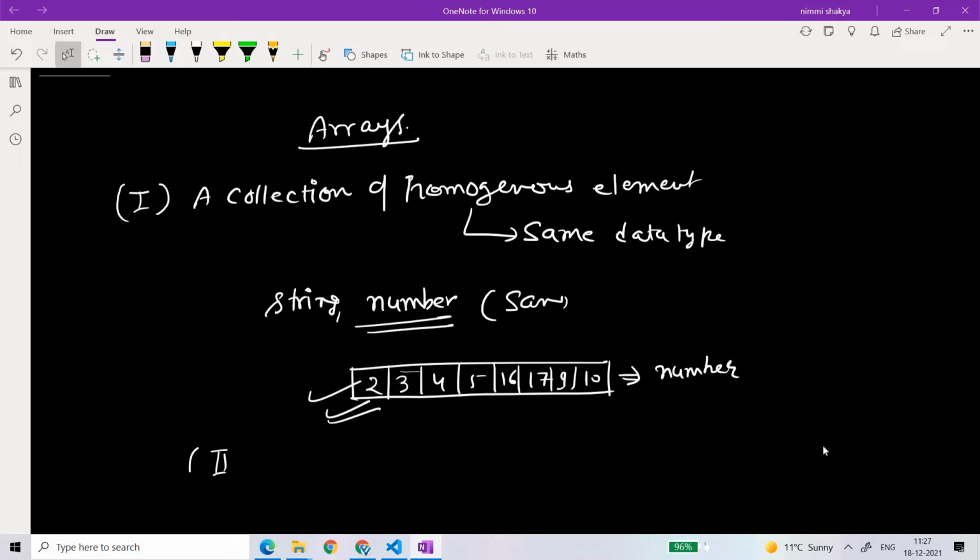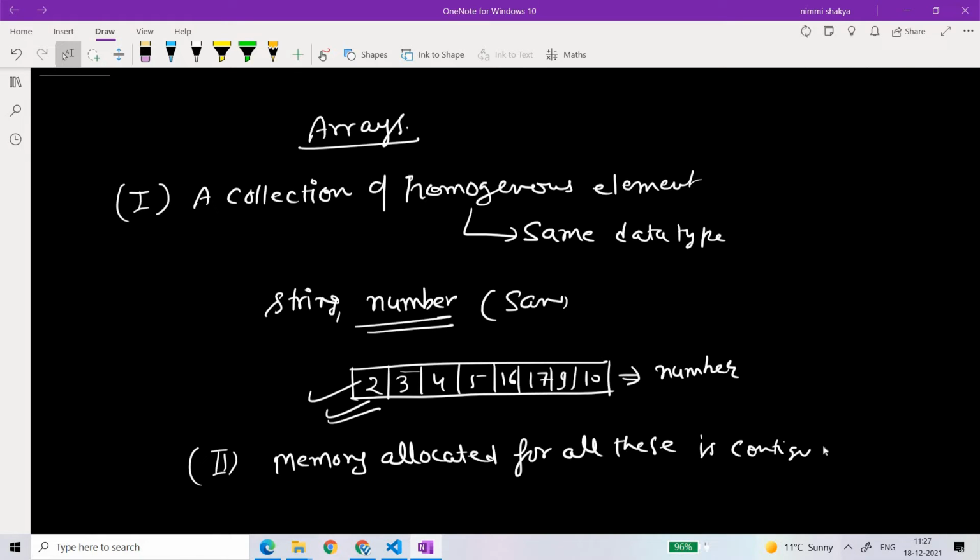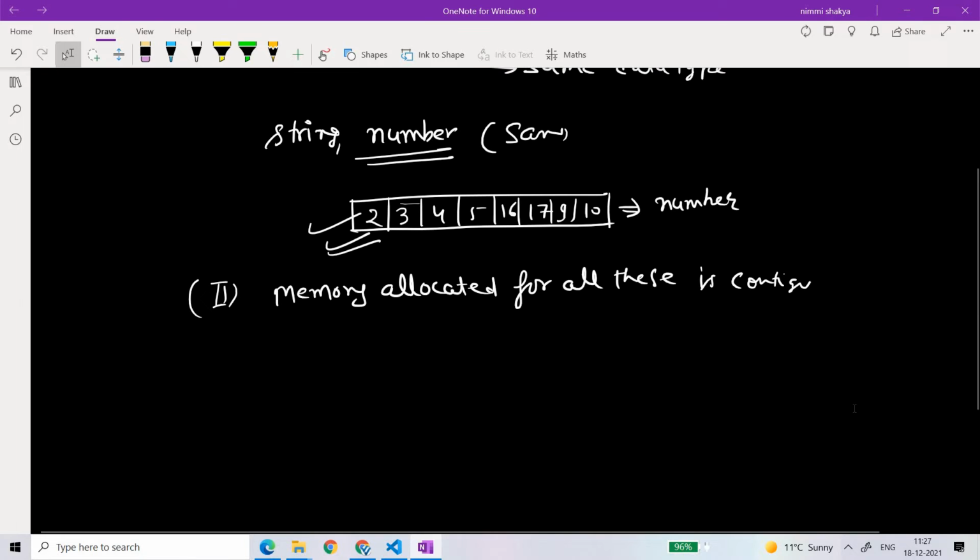The second thing is that the memory allocated for all these elements is contiguous. Contiguous means continuous memory allocation.